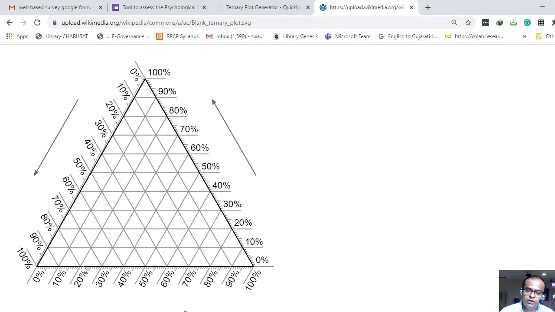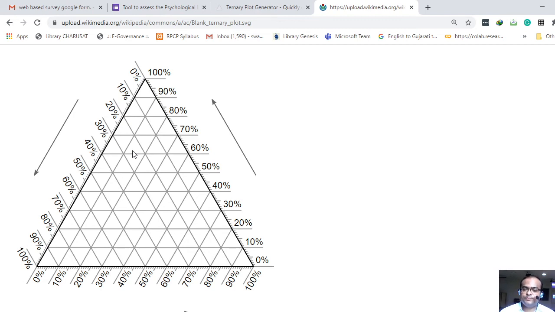So suppose this second line represents 90%. 90% means of whatever component you are selecting for this corner. In the same way, if we consider this line, this is again the representative line for 90%. 90% of what? Of exactly the opposite corner to these lines, right? So of this component. And in the same way, if we consider this line, this line also represents 90% composition, but 90% of what? Exactly its opposite corner, right? So this component. So this is how we can read the ternary phase diagram.